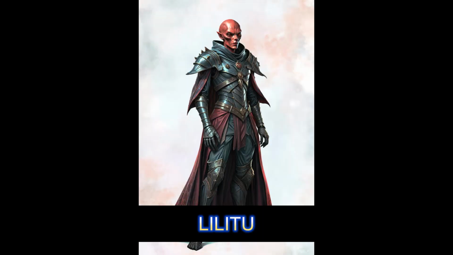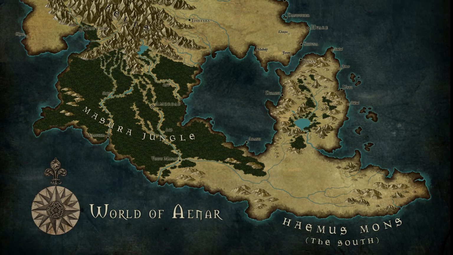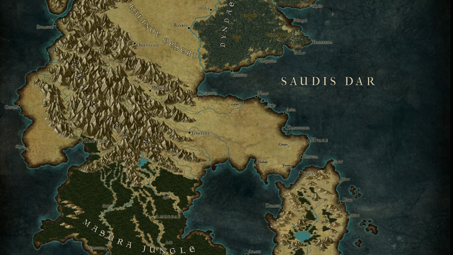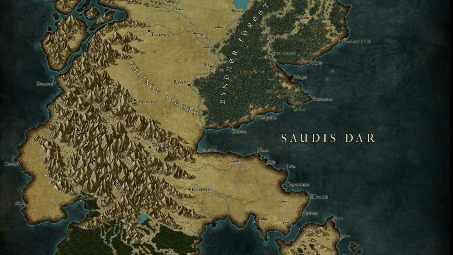Next on our list is the Lilitu, which are the ant people, and they have an alien-esque look about them. They're probably the largest civilization easily within the known world, stretching from the south all the way to the north in cities that pepper along the coast where they engage in trade. They originated in the south in Haemus Mons,